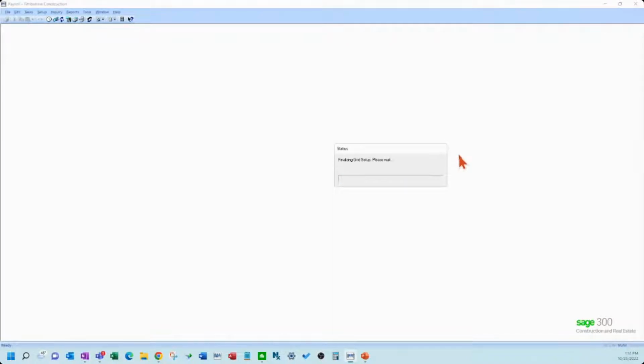So here's where it's going to start creating the grid, using the questions I've answered and pulling data down from the employee records. So it's creating our grid right now for us to look at.